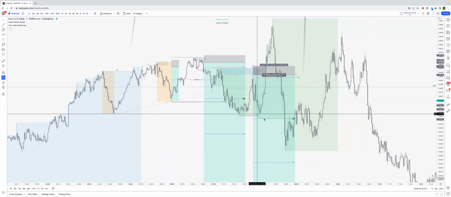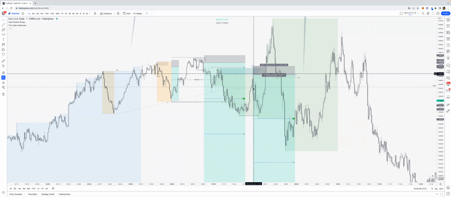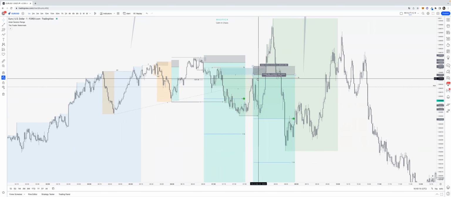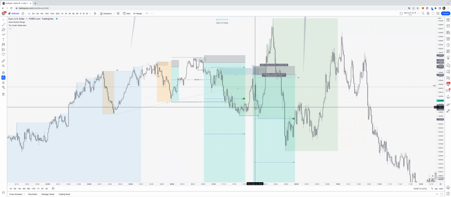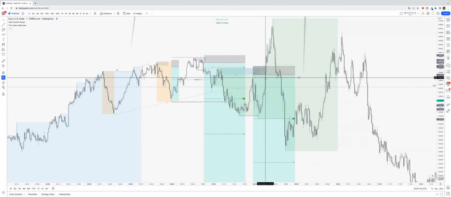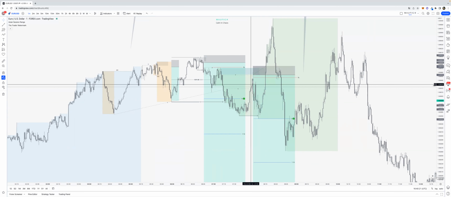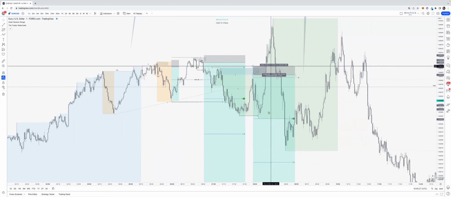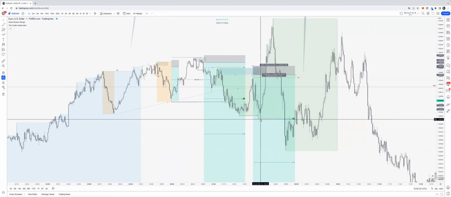And then break to the downside. However, this is like impulse up, impulse down, impulse. So I was like, okay, after we had this impulse down, let's just move stop loss to break even. We're just in profit also because there was no unmitigated order block left. So I was like, okay, we can move it to break even. Did that. Price just hit 1 to 5 for order flow trade.